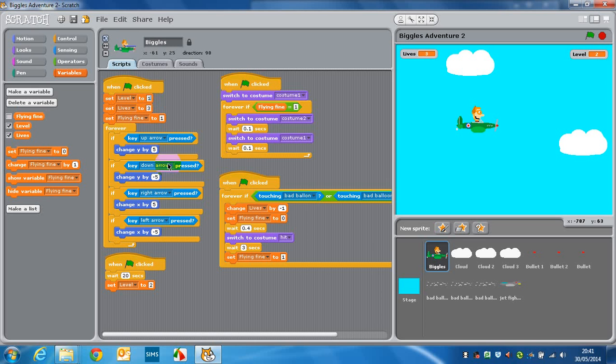Okay, I'll set that back to 1. There we go. So that's how you create further levels with further